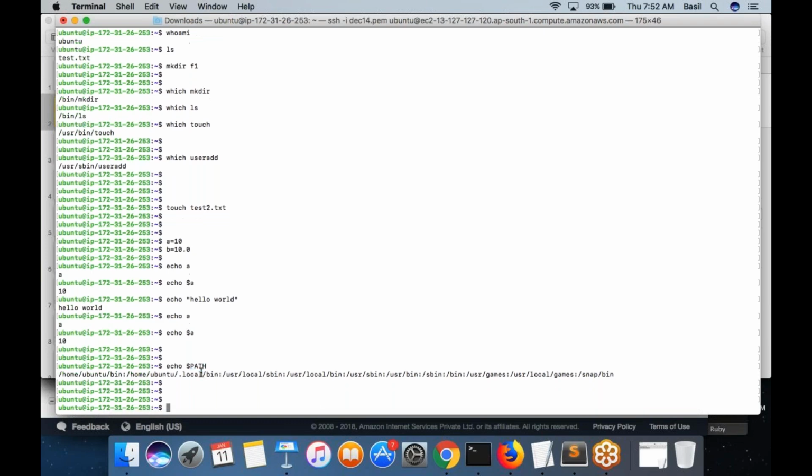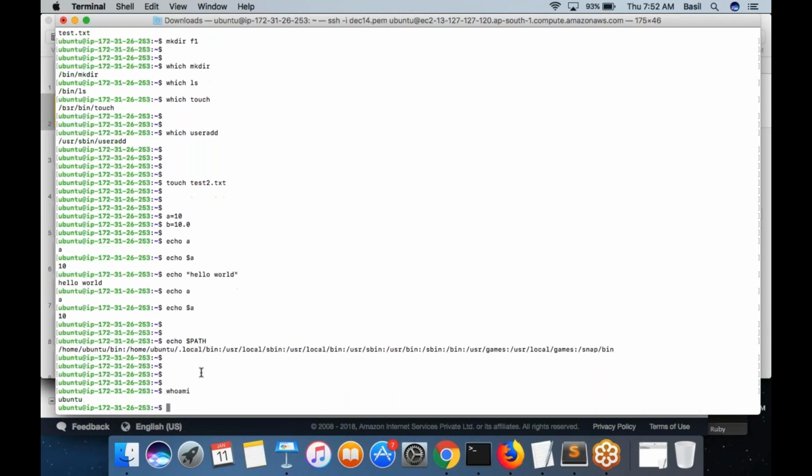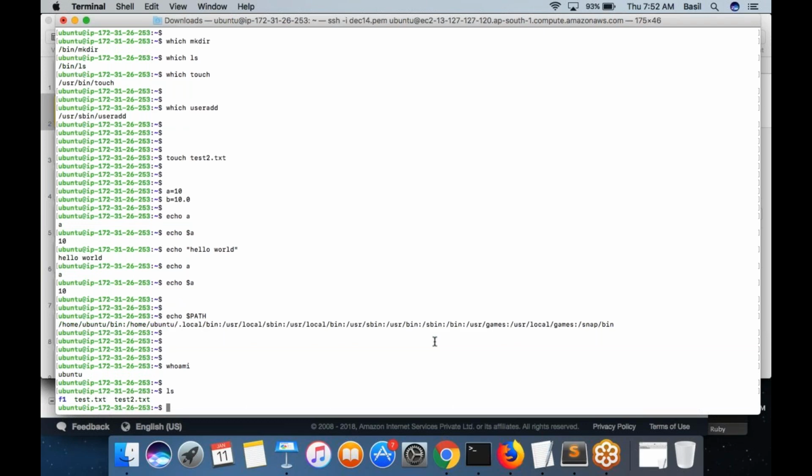So when I execute any command as user Ubuntu, right now I am Ubuntu, and this is the PATH variable for Ubuntu. I execute a command ls. What my shell does is, it will look for this ls file inside all these folders. Finally, it will locate the ls command in one of these folders. Then it will execute the ls command. That's how the execution happens in Linux. That is when you are getting the output.